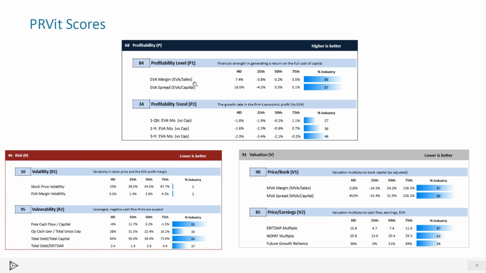As Gavin went through what the EVA margin is, we saw that on the line graphs. We also look at EVA to capital. We call it EVA spread. So this will show you what Home Depot's numbers are, what the industry or country percentages are, so 25th, 50th, 75th percentile, and then how that actually scores. In this case, we're using the industry. So Home Depot would be better than 86% of the industry for EVA margin. The growth, that EVA momentum, is also part of our